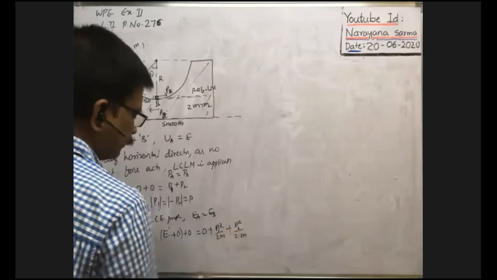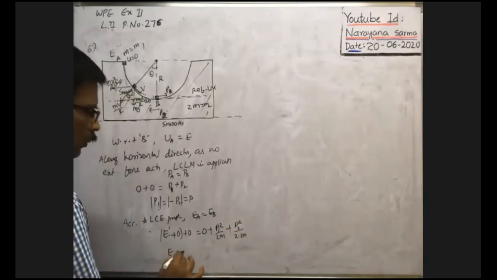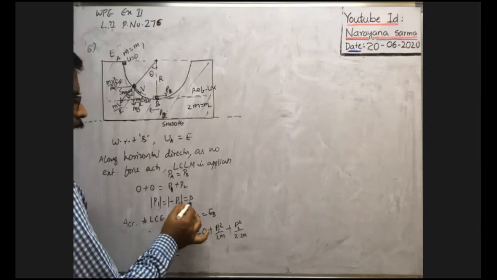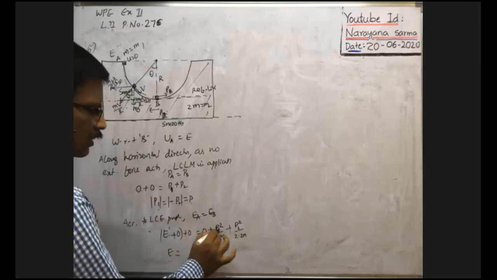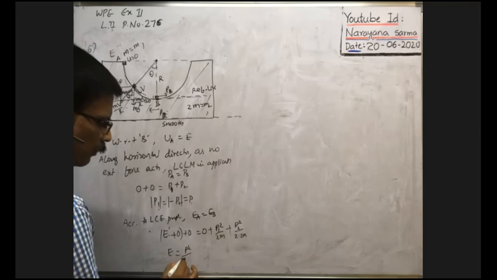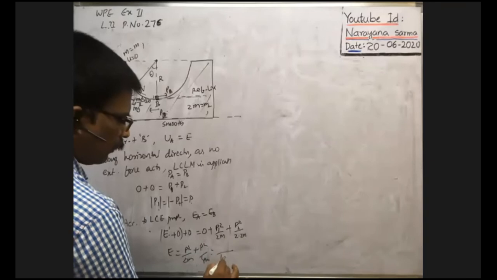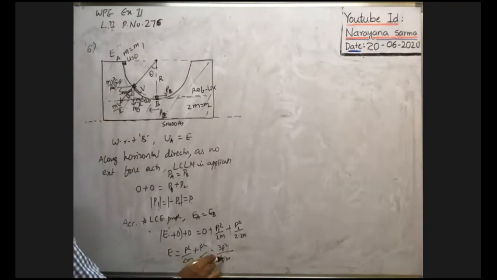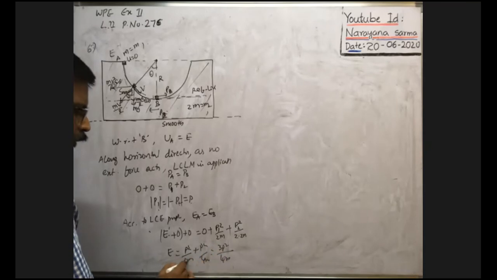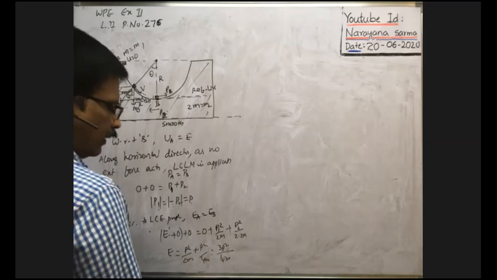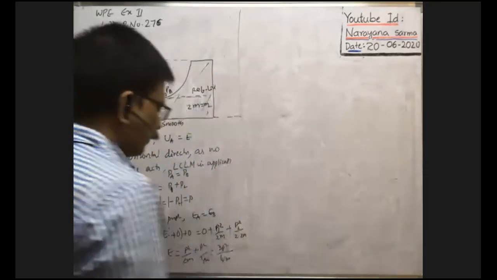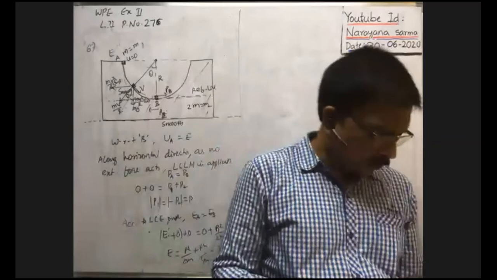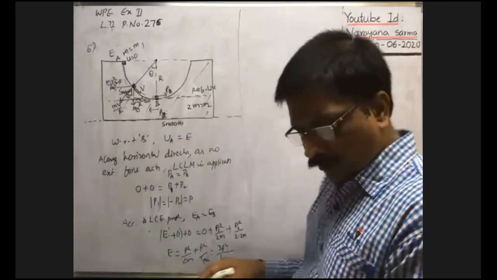The kinetic energy of the wedge is P2 square by 2 into the mass of the wedge, which is given as 2m. Therefore, E is equal to, but P1 and P2 are equal in magnitude, which is say P. Then you write P instead of P1, P2. So P square by 2m plus P square by 4m. Take LCM, 4m. Then you get 3P square, because 2m is there, 4m here. So when you take LCM, 2 into P square, 2P square plus P square, 3P square. Therefore, here what they ask now, you have to check the options.